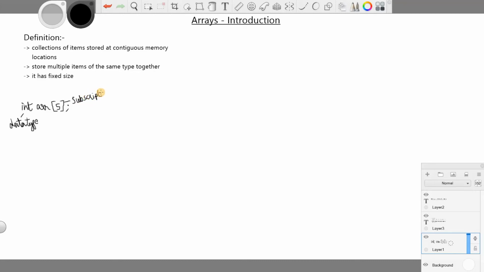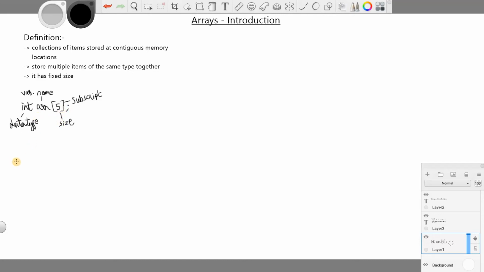This number represents the size of the array. And this is the name of the array, so you can also call it the variable name. So this is how we are going to initialize the array.